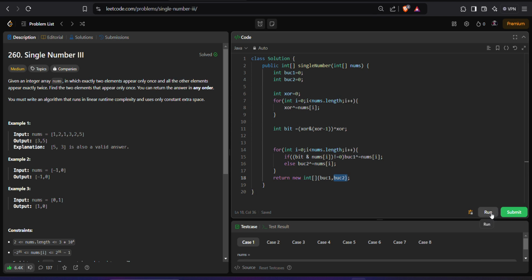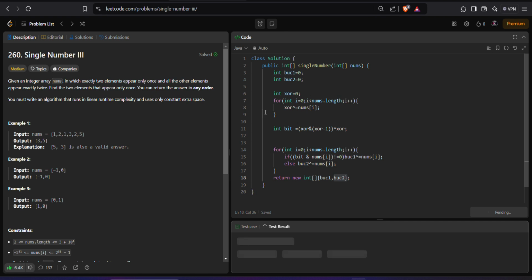And you could see that all the test cases are passed, and we are performing this operation in big O of 1 space complexity